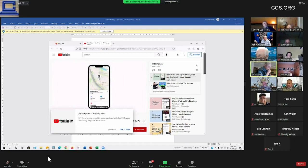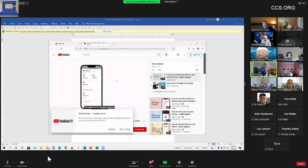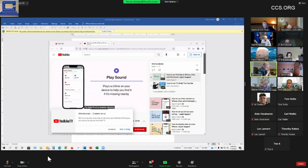Select a device, then swipe up on the handle to see your options. To help find a nearby device, tap Play Sound. Your device plays a chime, like this. Or you can tap Directions to see it on a map and track it down. If you'd like to receive a notification when you accidentally leave one of your devices behind, you can turn on Notify When Left Behind. If your device is far away or in an unfamiliar location, you can tap Activate under